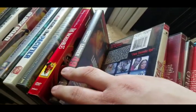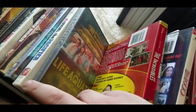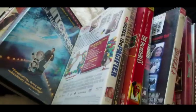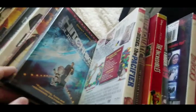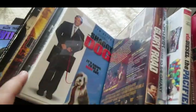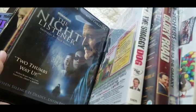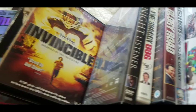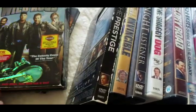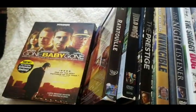3000, Ladder 49, The Incredibles, The Life Aquatic, The Pacifier, The Pacifist, Hitchhiker's Guide to the Galaxy, Glory Road, The Shaggy Dog, a lot better than you might think it is. Very underrated Robin Williams movie, The Night Listener, Invincible, The Prestige, Wild Hogs, guilty pleasure, Ratatouille, Gone Baby Gone, fantastic